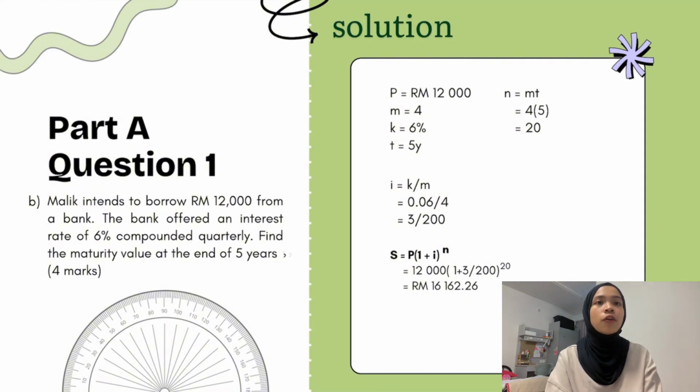To find the value of N, we must use the formula of M times T. To find the value of I, we must use the formula of K over M. Now, we have to fill in the values that we have obtained to the formula of compounded interest, which is S equals P open bracket 1 plus I close bracket to the power of N. So the final answer that we get is